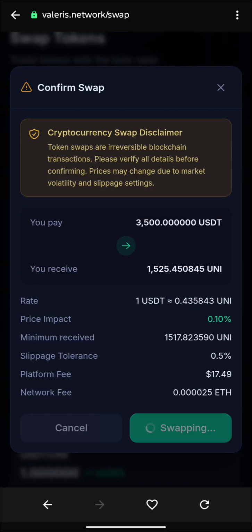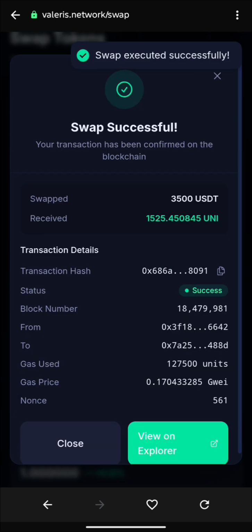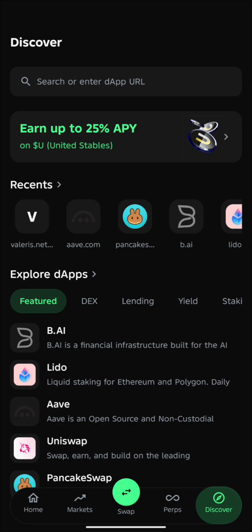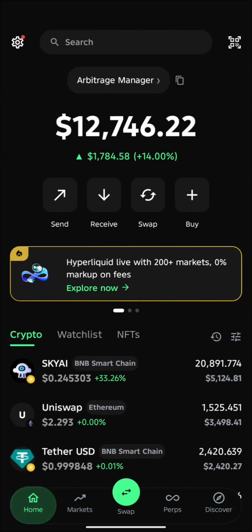Give this a few seconds to process. And as you can see, the transaction has been done successfully. Now all I need to do is close out of this. I'm trying to do this as fast as I can so that the arbitrage opportunity doesn't go off before I finish doing the video. So all we have to do now, once all of this is done, we've gotten our Uni token. The next thing to do is to exit out of this platform. Once we exit, we go back to the home of our Trust Wallet. Just as you can see here,